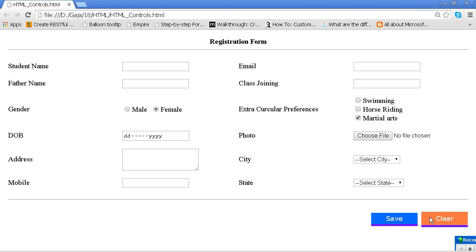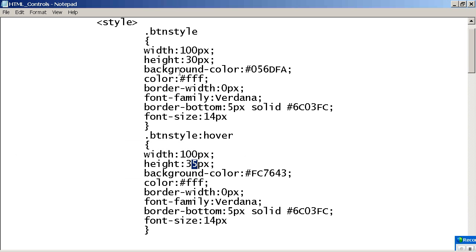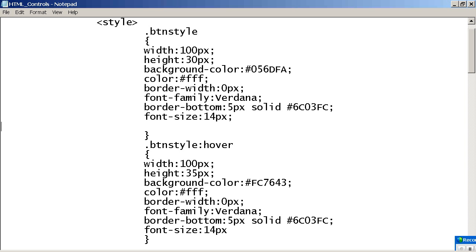Very simple. Okay, now I want to give some curve shape for this one. Are you understanding? Normally I want to use curve shape, so then what do I need to do? Border hyphen radius. For your information, this is CSS 3.0, new CSS. This will only work for HTML5 browsers. It will not work for all browsers.